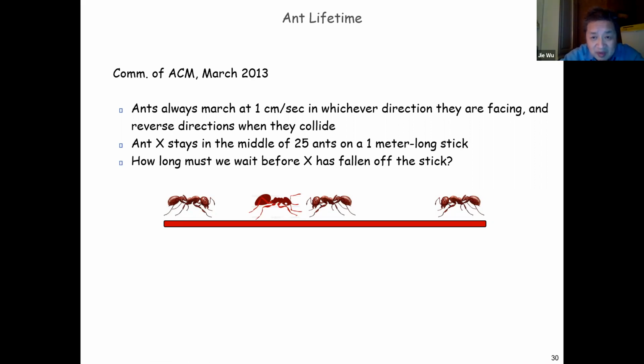And what makes things more difficult is that initially you have 25 ants, you don't know the distribution, and you don't even know the orientation of the ants. They just keep on walking. When they meet, they go in the opposite direction and walk. Suppose the chopstick is 1 meter long. Now the question I ask: how long does it take